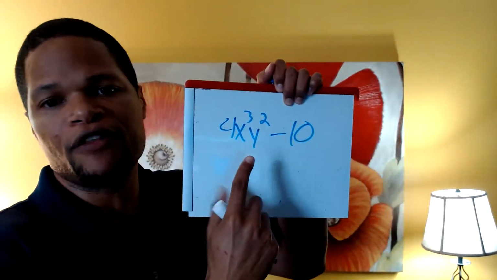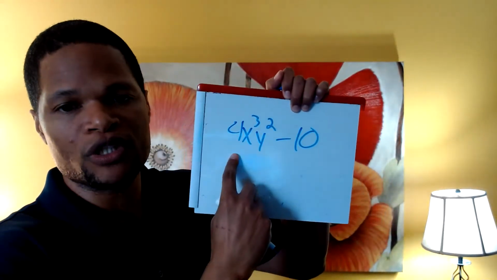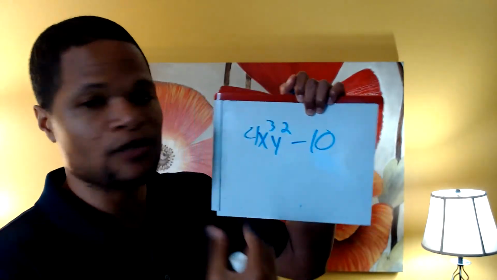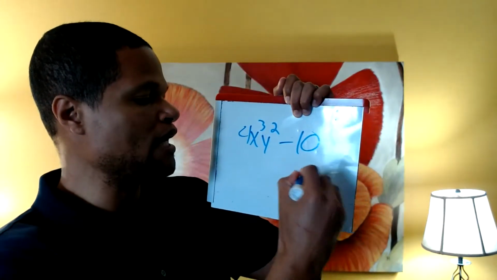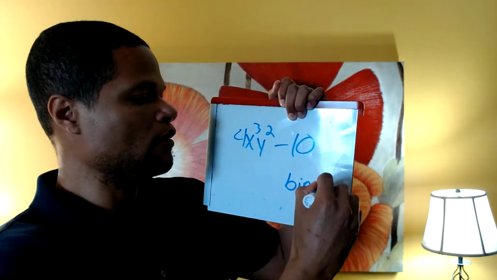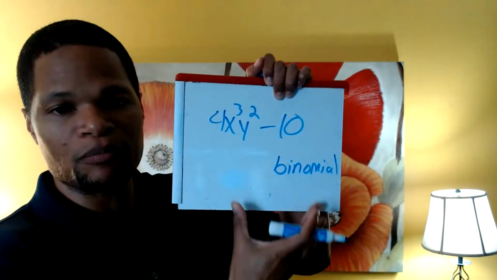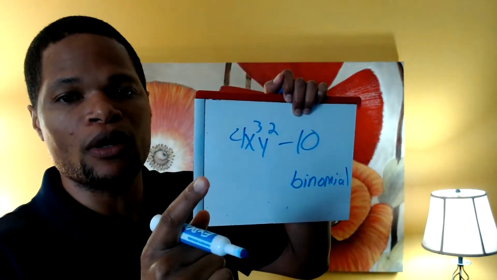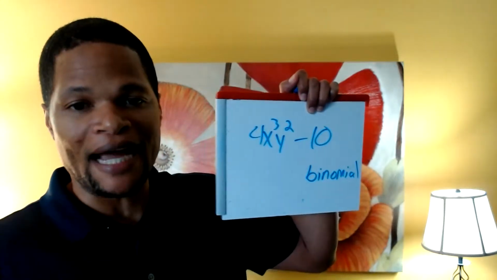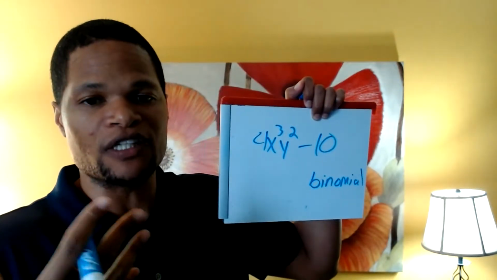Notice first off the bat, there are 2 terms. There's a name for 2 terms. I already know it's going to be a bi, meaning 2, nomial, because that's a reference to the fact that it's a polynomial. But also, we're taking into account the fact that it has a degree, a specific degree.